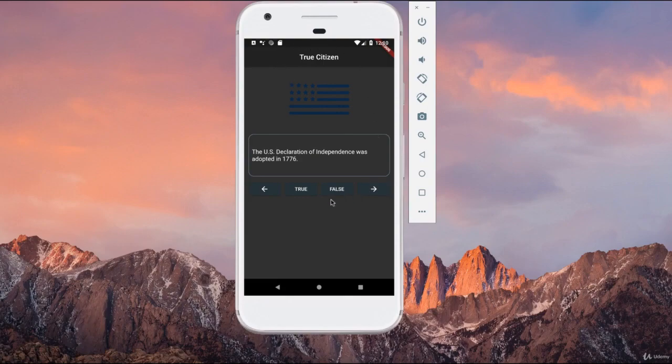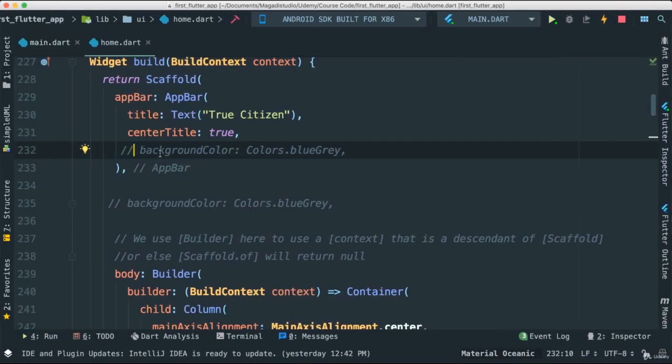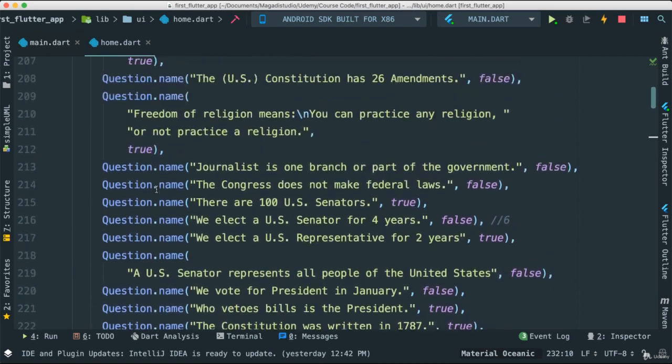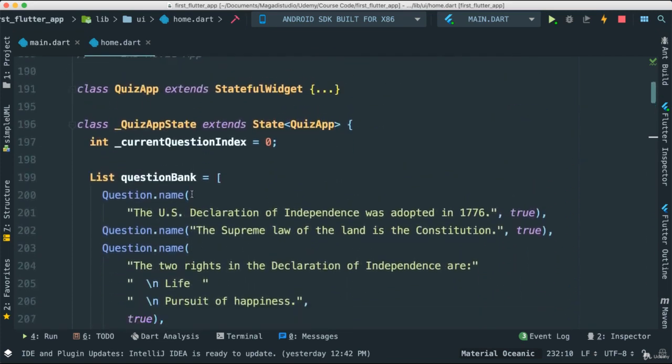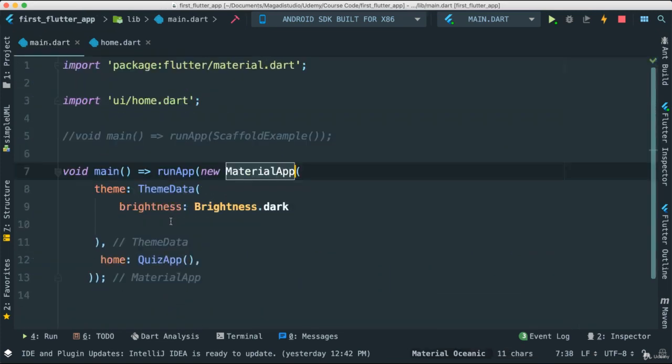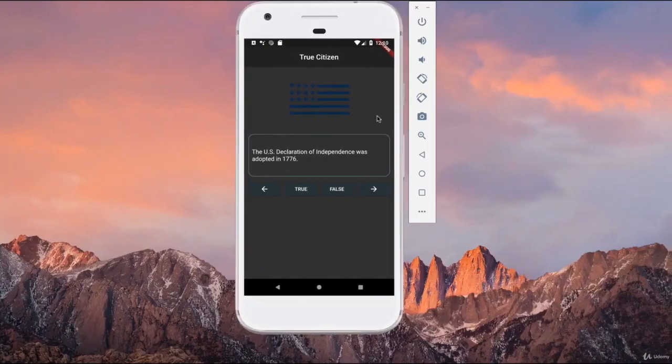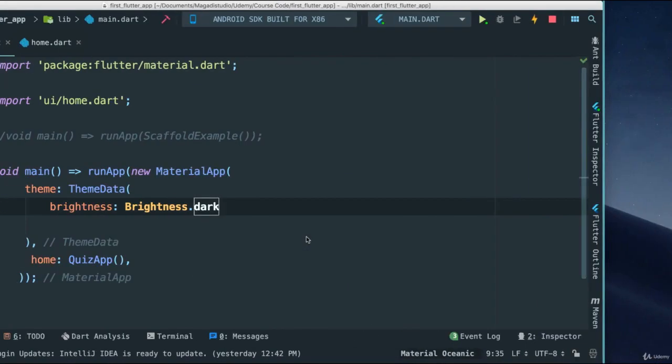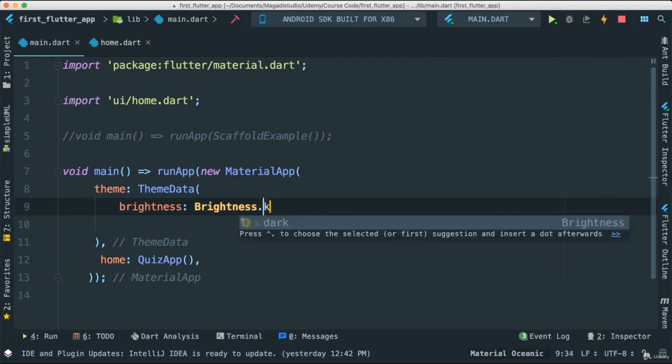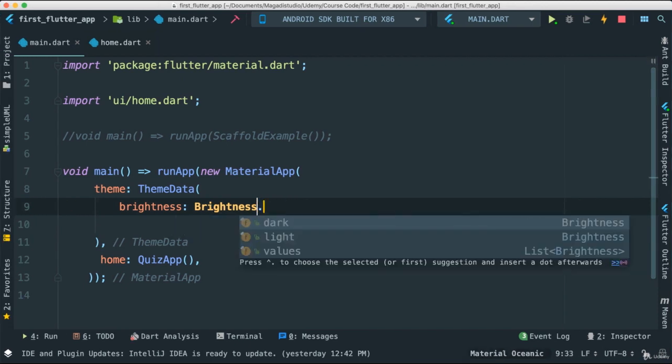You can see now, because we didn't customize the child, in this case our quiz app, which has been called here, it went ahead and took the parent theme data, where we said we want the brightness to be dark. Hence, notice all of a sudden the entire application now has this dark brightness theme. If I come down here and change this to light, because that's another option, let's see, light,